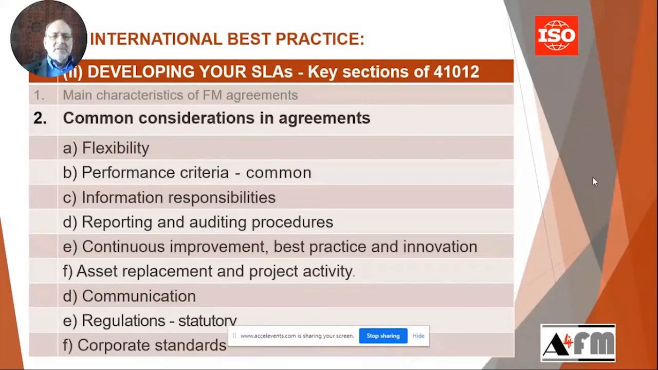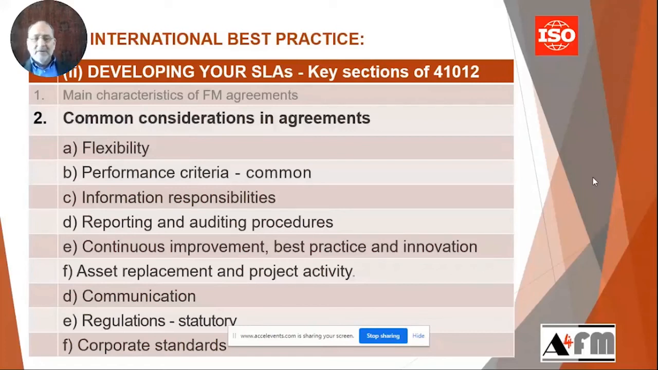So common considerations within an agreement. I think flexibility clearly is listed in the document, very important, because it advises us about how to phrase our document so that it will survive the duration of the contract, building in the necessary flexibility so that we can survive 5 years or 3 years of a particular contract without having to start over again. Then the performance criteria